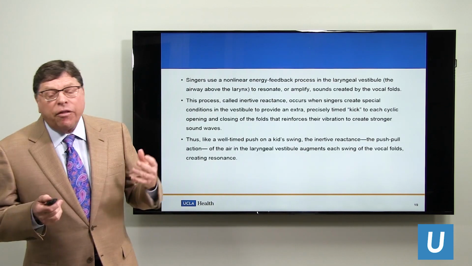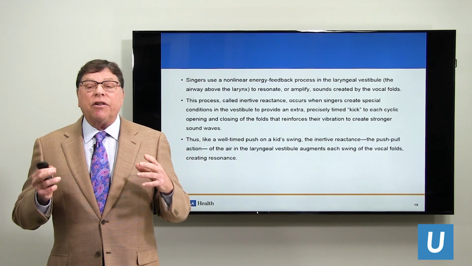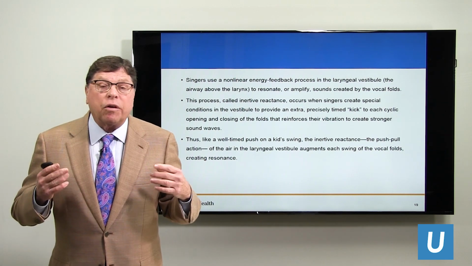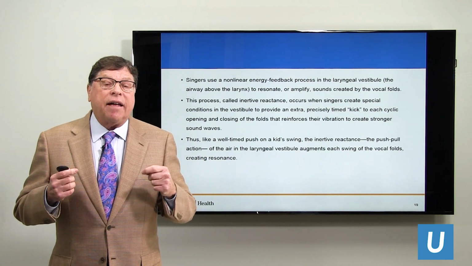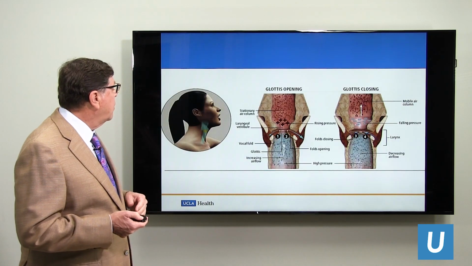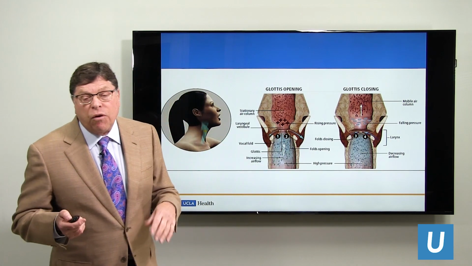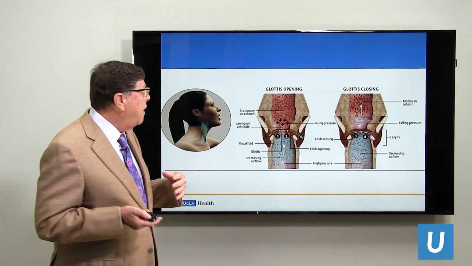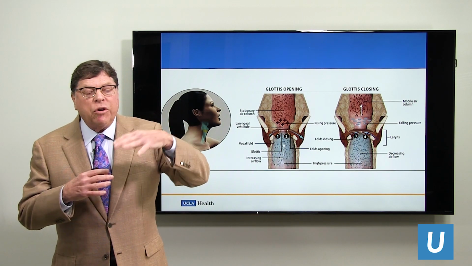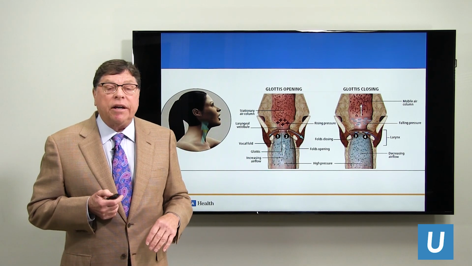So, another interesting concept that I'm not going to spend a lot of time on, but I'd like to mention, is that singers have this unique ability to shape their vocal tract to try and improve the quality of the sound that they're making. And they do that in a variety of ways. There are some structures above the vocal cords, the false vocal cords. We also call it the vestibule, that they're able to scrunch down, and that adds an additional kick to the push that's coming out from the air puffs of the sound,